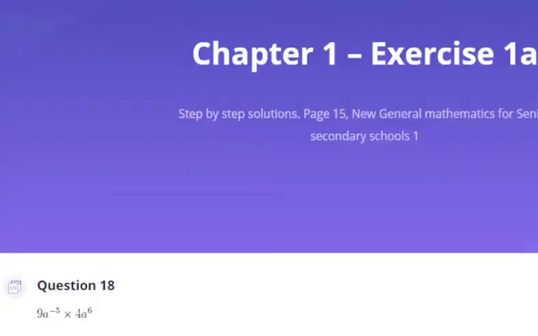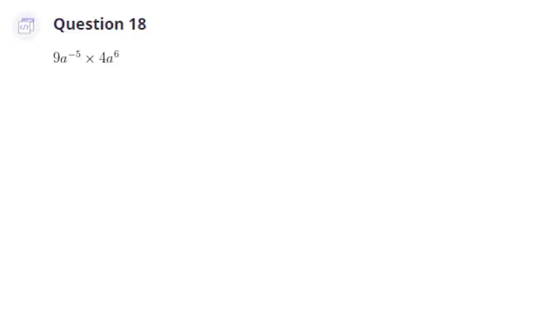Now, as you well know, this particular series will be solving every single question in the exercises found in your New General Mathematics for Senior Secondary Schools Book 1, Book 2 and Book 3, as well as your SSCE and UTME past questions. Now, the idea in solving for SS1 to 3 questions is that we want the students to do this on their own first and then compare with what the teacher does in class. So let's go. Now this is question 18,